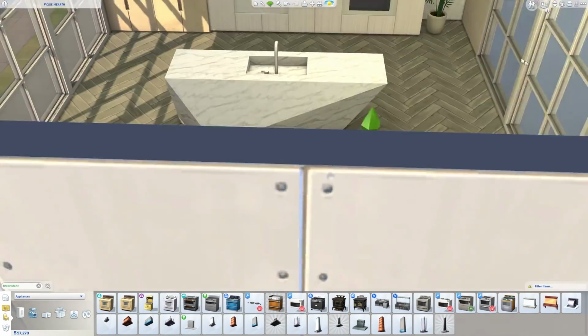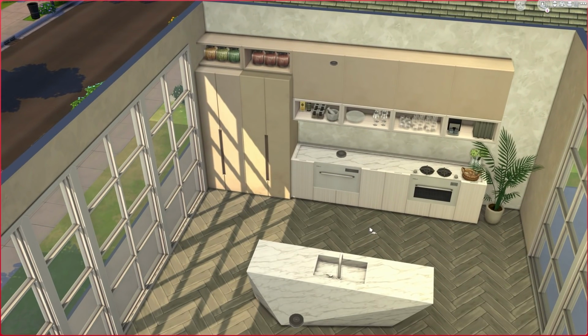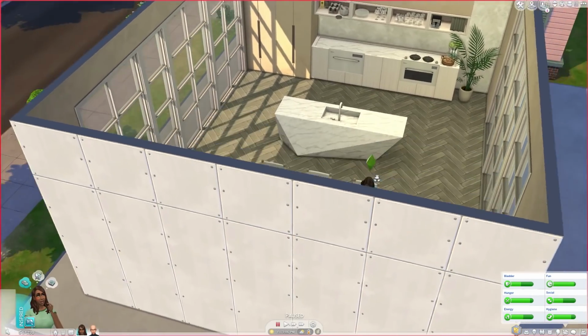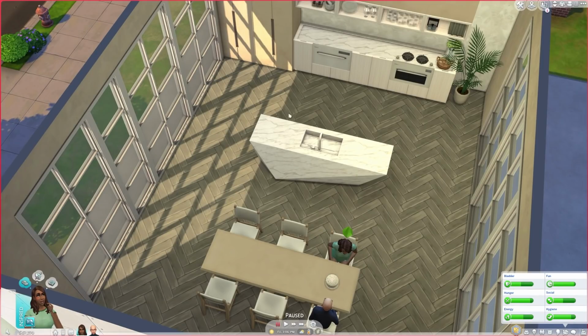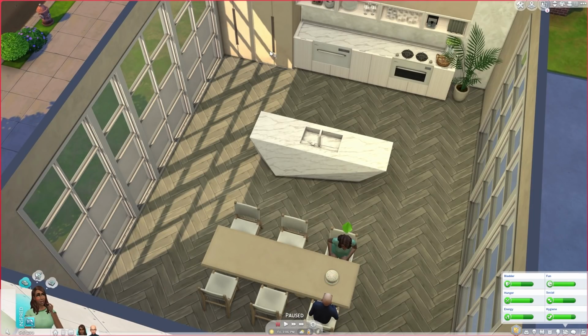So that is everything, and as I said, this is everything in action. Let me quickly show you what everything looks like. Felix is still here because this is the lot that I used to make the living room overview video. So let's serve some lunch. Let's serve...